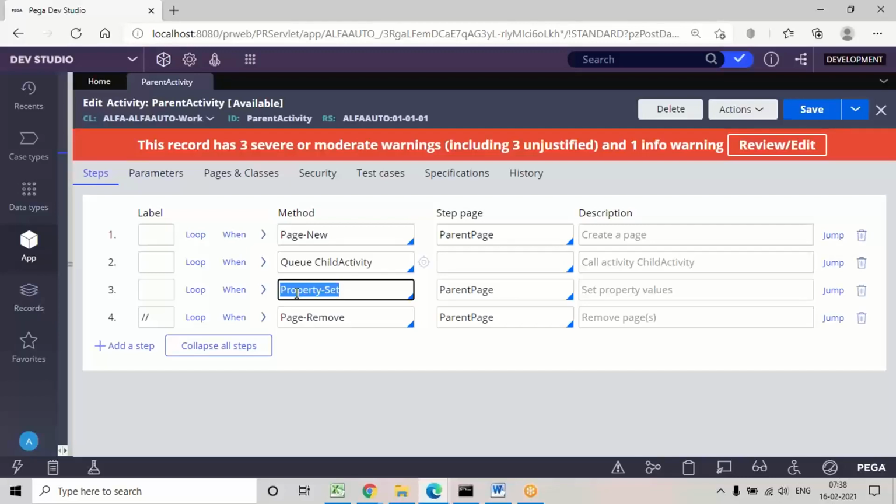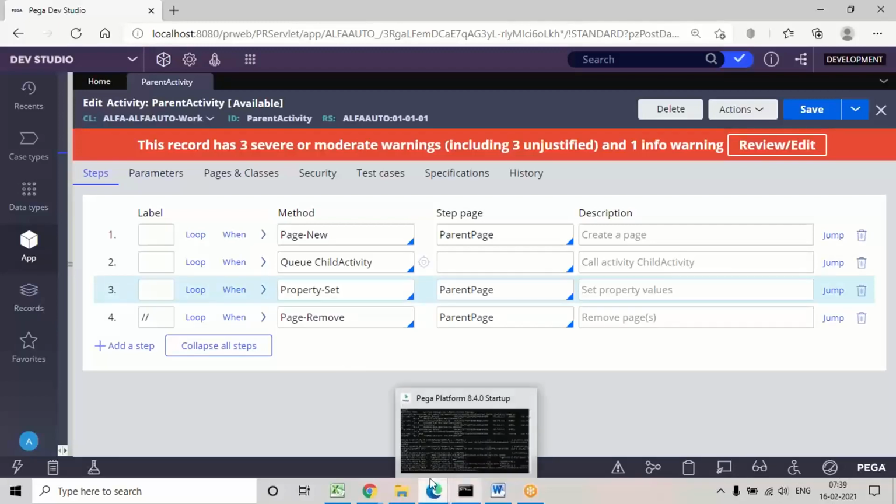For example, if two business logics need to be executed at the same time, like an approval process and a verification process at the same time, then we need to go for the queue instruction. But very rarely. In most scenarios we will be using call only; in only about 5% of cases will branch and queue be used. Most of the cases will use the call instruction.